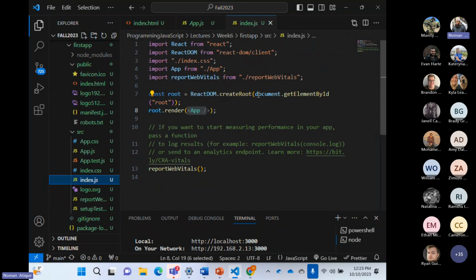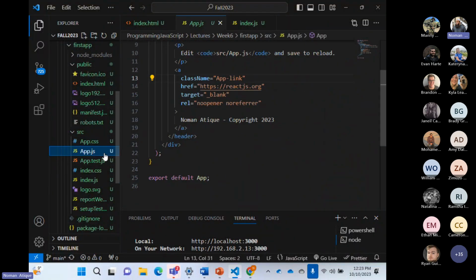It reads document.getElementById. Do you guys remember getElementById? We used that a lot when we started our DOM programming. So basically, it is accessing that area and rendering the app over there. What app? This app.js component running over there.